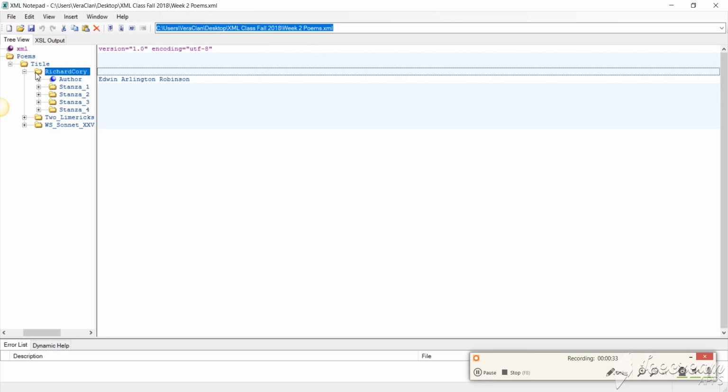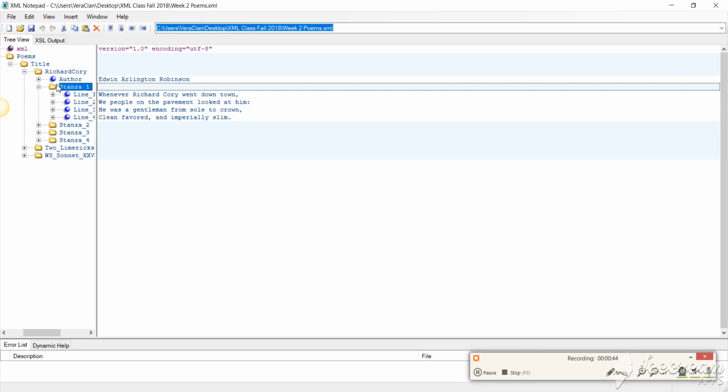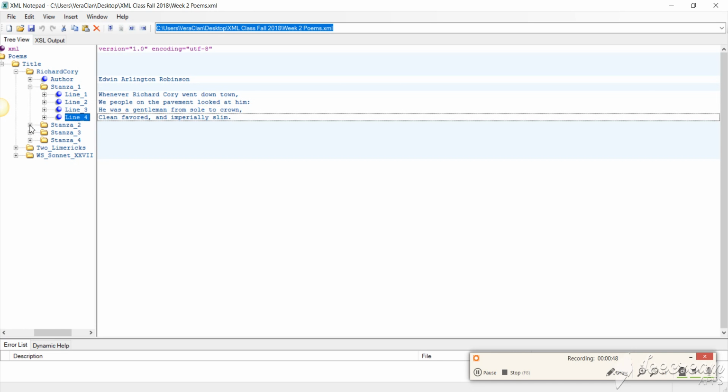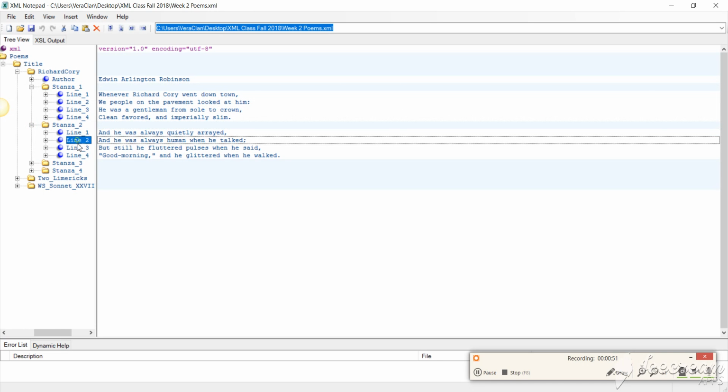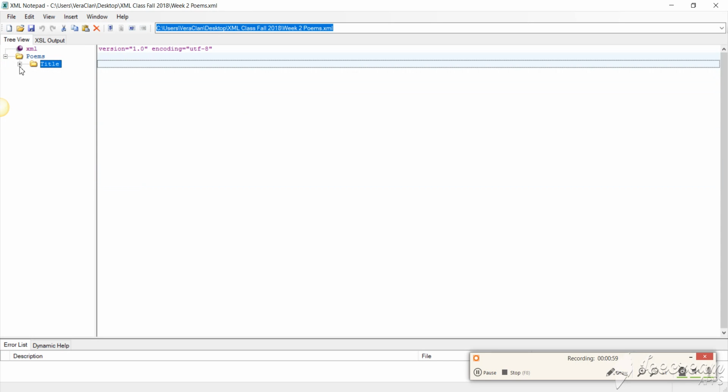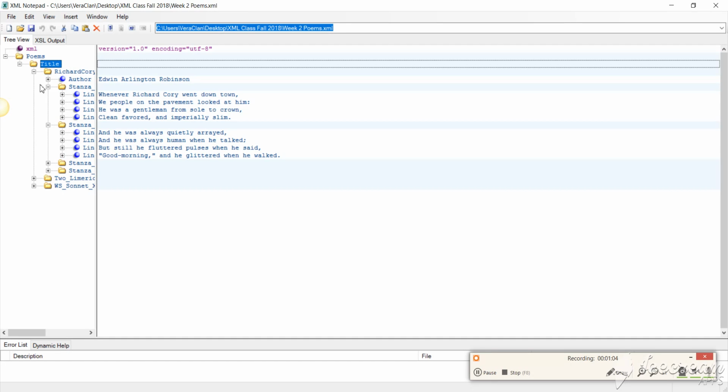Last week I made the mistake of not separating each line in the poem. I went back and I did it correctly in regards to how the instructor wanted, each with the title. Let me start off with I have poems, multiple poems, and then I have file title, and under